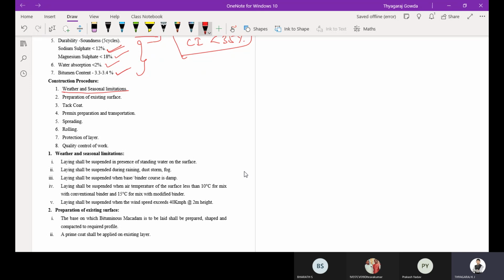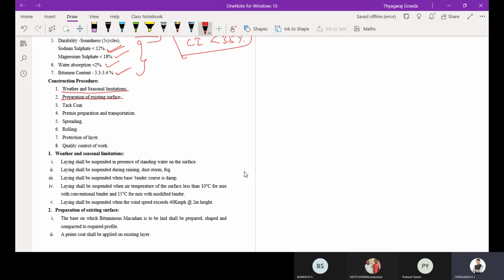When it is a GSB, WBM or WMM layer, the weather and seasonal limitations will not be of any concern. Then preparation of the existing surface; as we all know, the second step is common. You are going to prepare the existing surface.